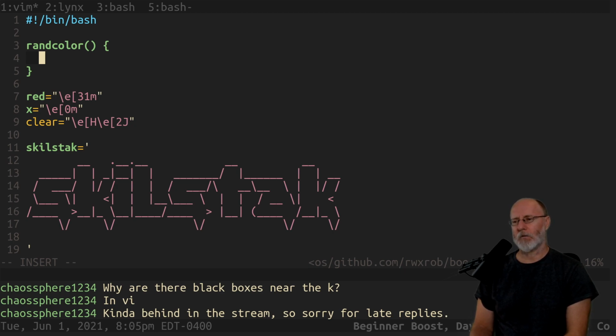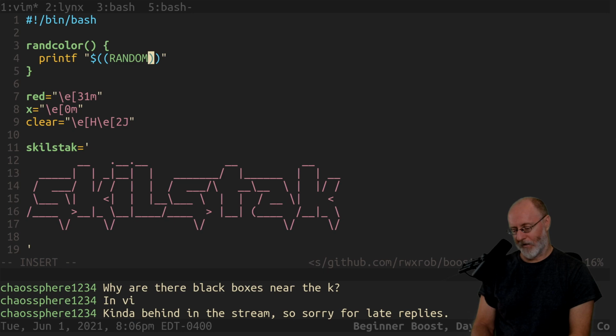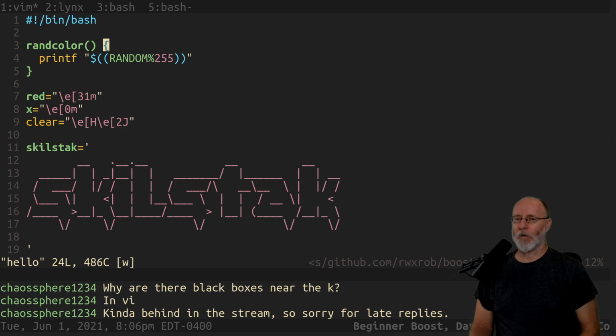Rand color just prints to the screen, printf, and I know you're like, what is he doing? We're going to do random. This freaks people out every time I do it the first time. Modulo 255. Without getting into the math of modulo and all that other stuff, what this does is it takes a random number between 0 and the number you've indicated. And so if we do that,